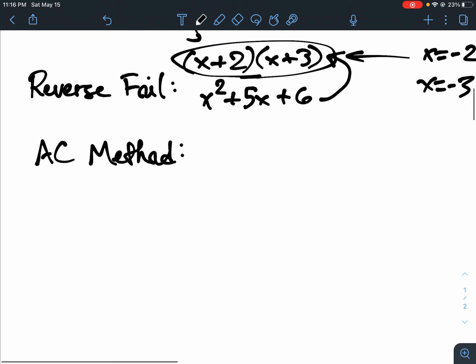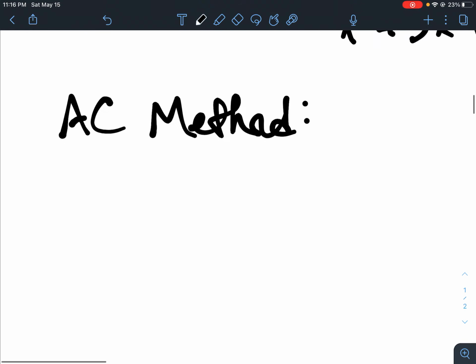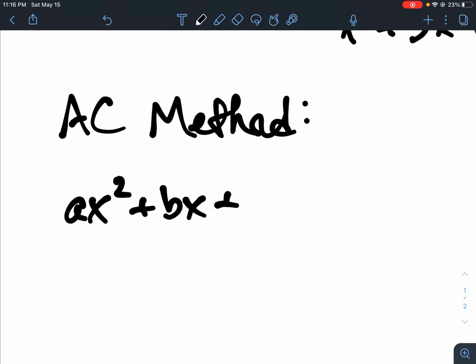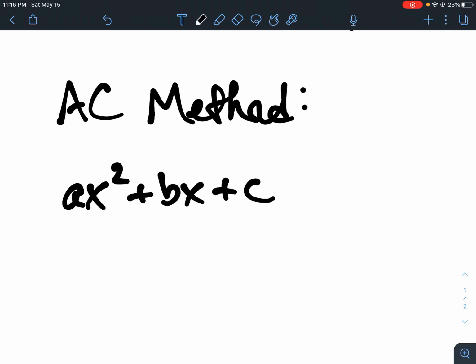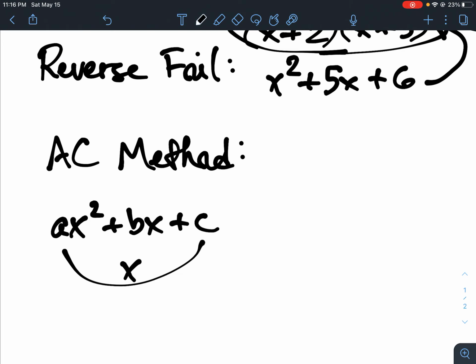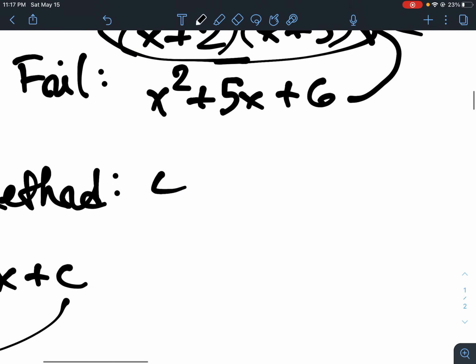Now, AC method, we have to go over standard form, which is ax squared plus bx plus c. AC method is simply the multiplication of a and c, and then using that to separate b into two terms. How do you do this? Well, let's say we have 4x squared